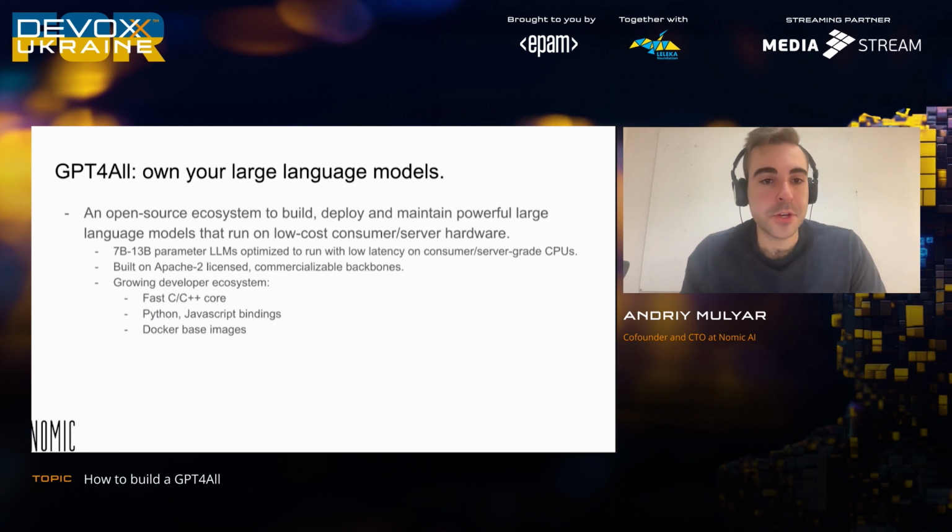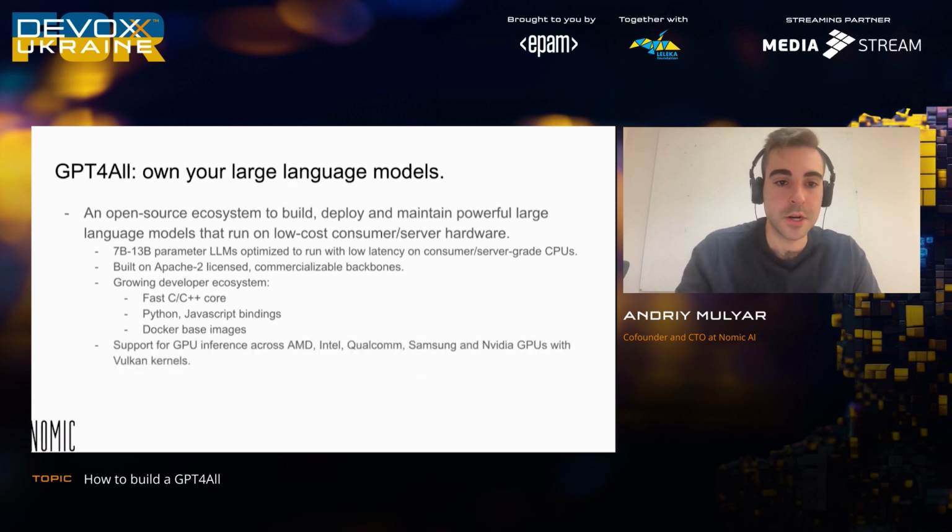And there's a growing developer ecosystem. We have the fast C++ core that allows quantized LLM inference on both CPU and GPU. We have Python bindings, JavaScript bindings, Golang bindings. There's a large community of open source contributors in our Discord, about 25,000 people, that help maintain this. We have Docker-based images if you want to deploy these models on servers. We have several blog posts that talk about the best ways to deploy these models for different performance use cases. If you have high user concurrency, if you don't have high user concurrency, there's a giant stack and a giant set of methods that you get to pick from depending on your use case. Obviously, it's not a one-size-fits-all thing, like anything in software.